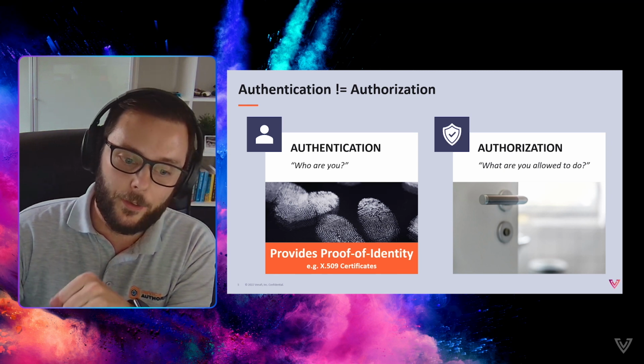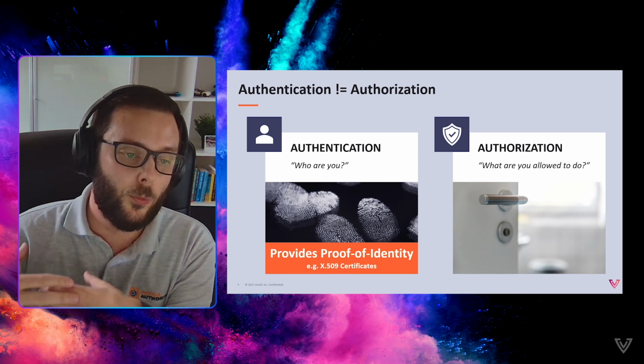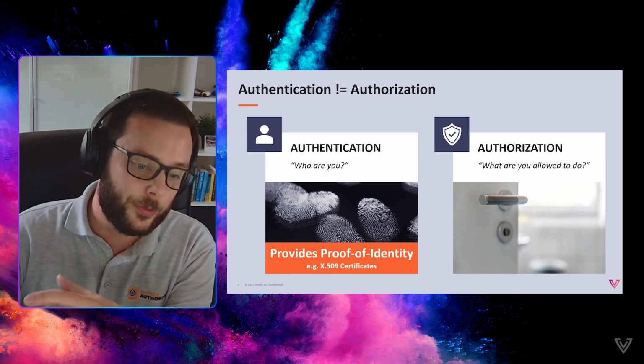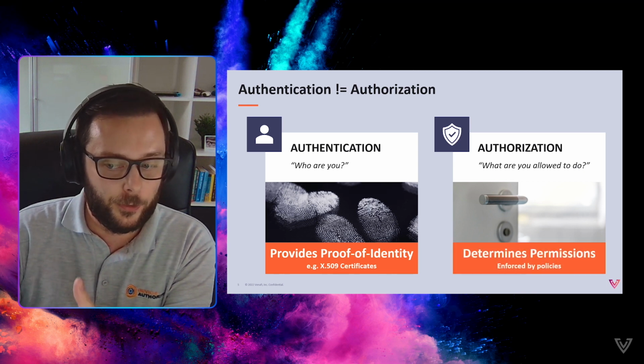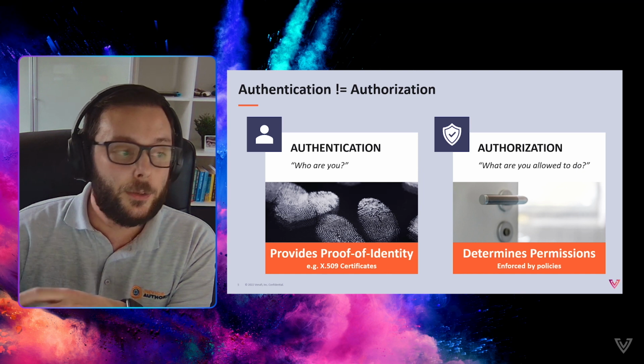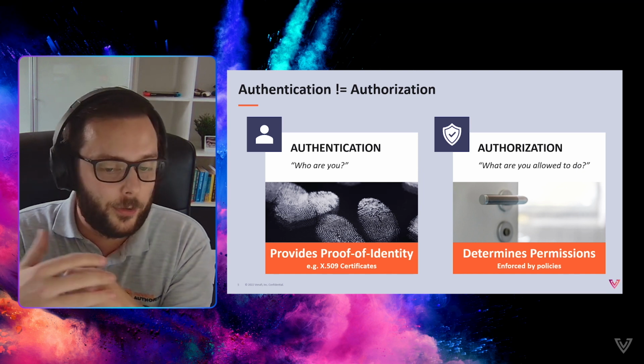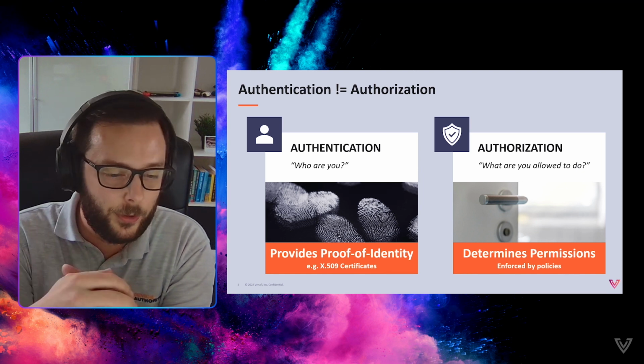Authorization, right, is the process that comes after that. So once you've identified who you are speaking to, what do I allow you to do? What are your permissions effectively? And these will be enforced by things like policies that control access to privileged resources or functions. And I think historically these have been quite simplistic or limited in granularity. And I know there are a few platforms and third-party providers that are shifting to a more zero trust model with just-in-time access capabilities.